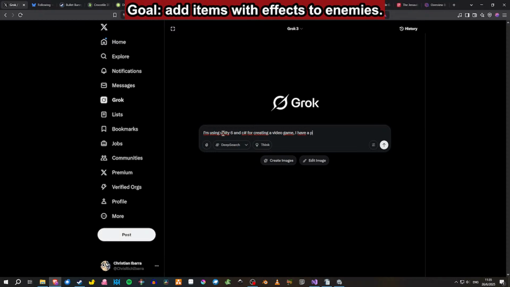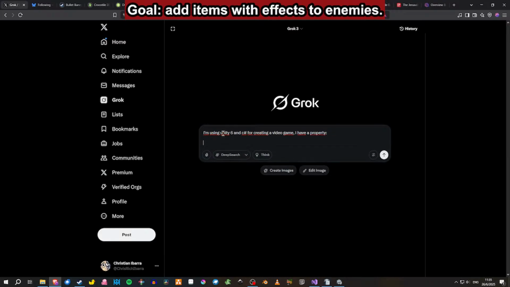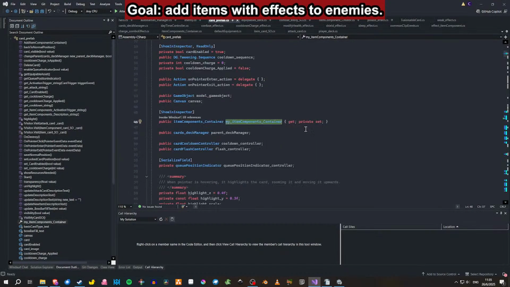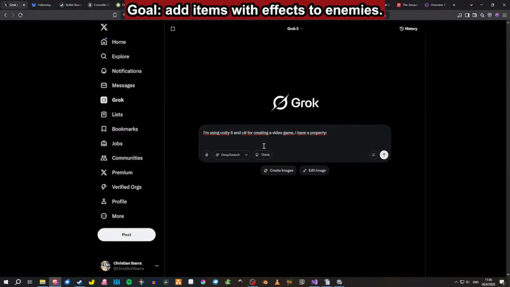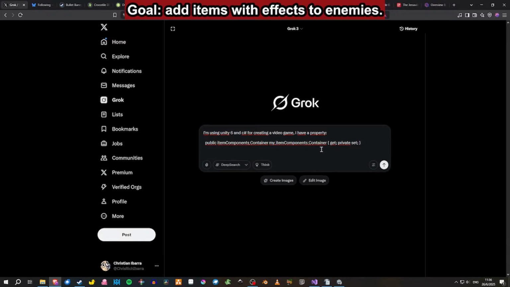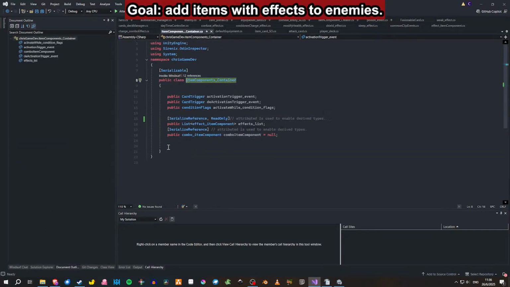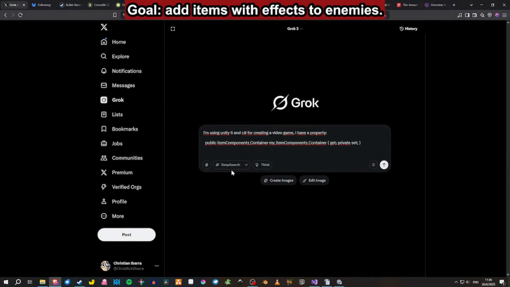I have a property that I'm gonna ask something to this. Check this out. So I have this property, right? This a component container there, which holds a